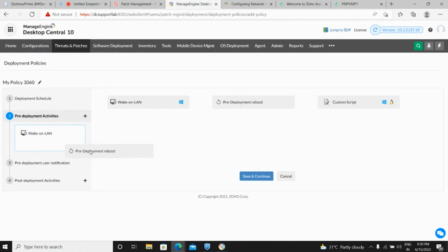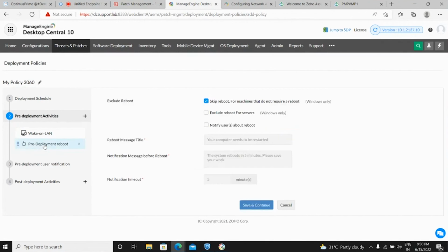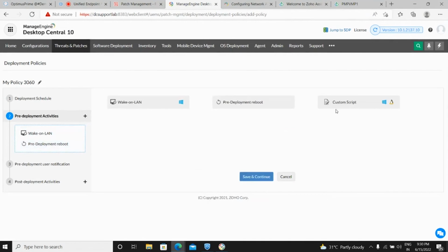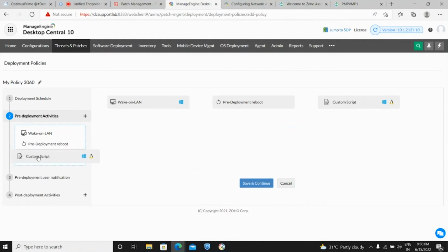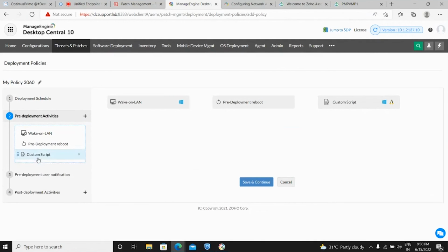And if you want to pre-reboot your endpoints before beginning the patch deployment, you can include a task for it and you can customize it as per your requirement. And if you want to include any custom script, for example, if you want to start a specific service or stop a specific service or take a snapshot, whatever might be the use case that you have in your environment, you can just create a custom script and upload it here so that it will be executed before beginning the